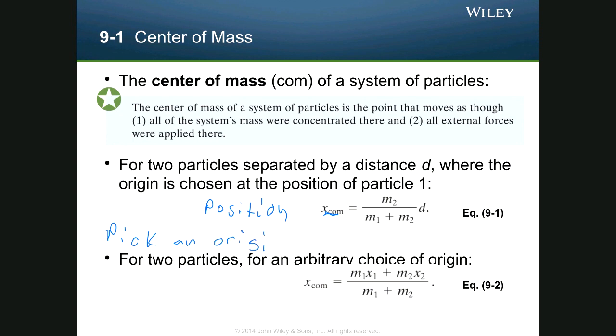Origin. I'm almost sure I spelled origin wrong. That's okay. Oh no, I didn't. It's right there. Look at that. I feel like a spelling awesome person. So